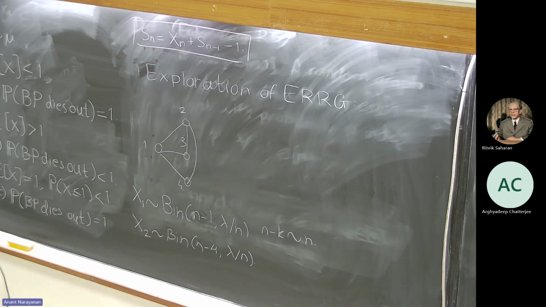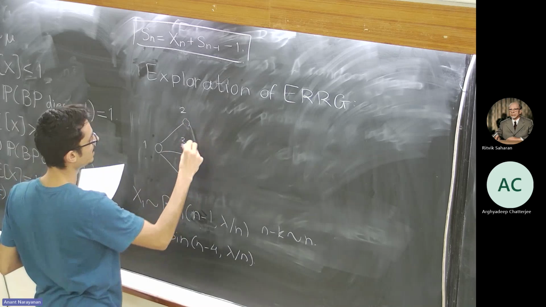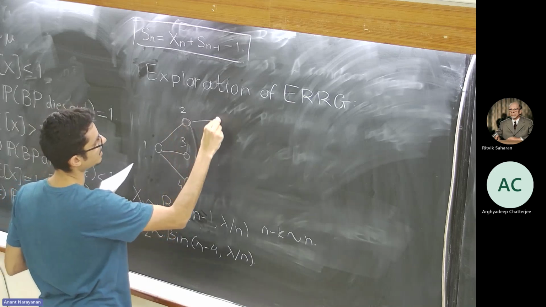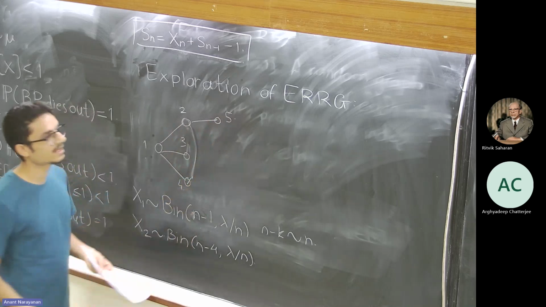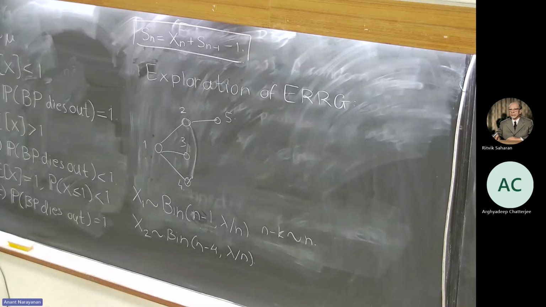That depends on the breadth first exploration. You can choose whichever order you want, but it doesn't affect the distribution as such. Even if they are connected, that's what I'm saying. Let's say 2 and 3 have a common child. I'm exploring 2 and I find some other vertex 5. Now it doesn't matter if 3 and 5 are connected, because that doesn't add any new vertex to the process.